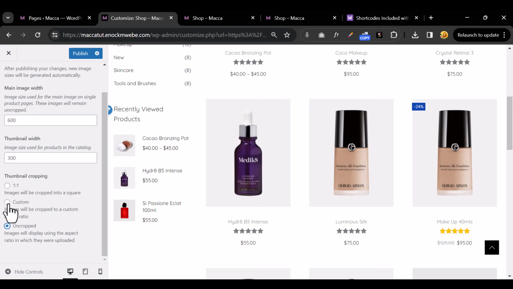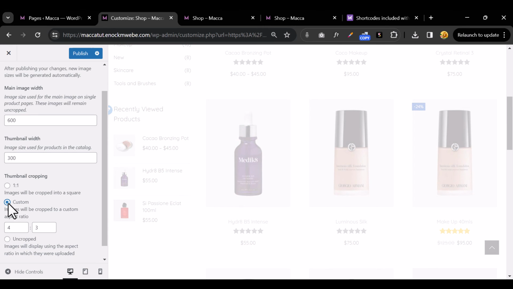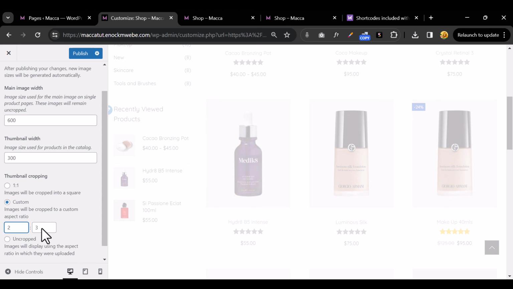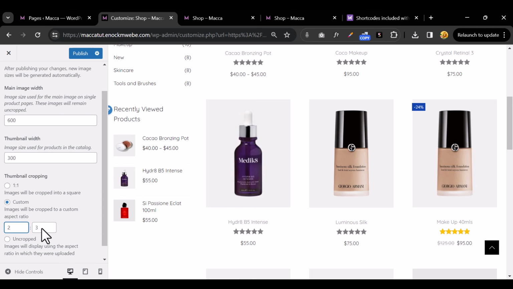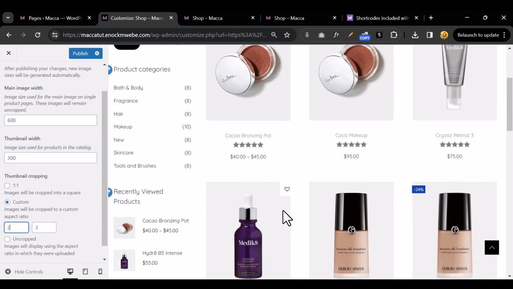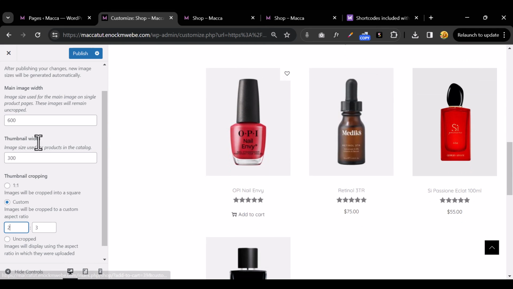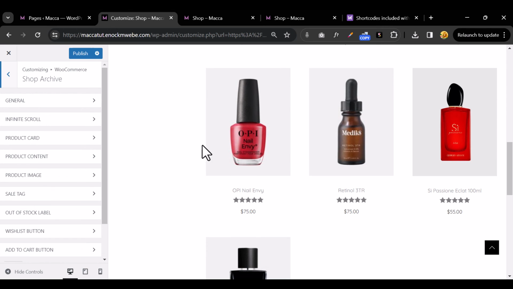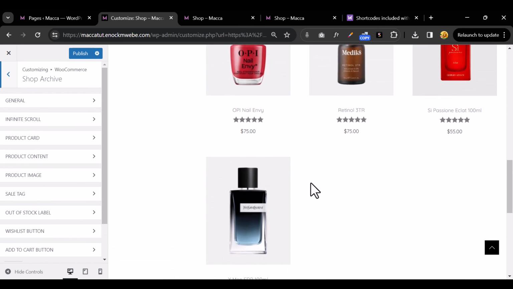Okay, yeah, but you might upload images when they are not of the same original size. So what do you do? You can crop them, and the very best aspect ratio is a 2:3. Yeah, very clean aspect ratio that it gets cropped to. All right, that looks clean enough. So I'm gonna jump out of that, then come to shop archive. Okay, now